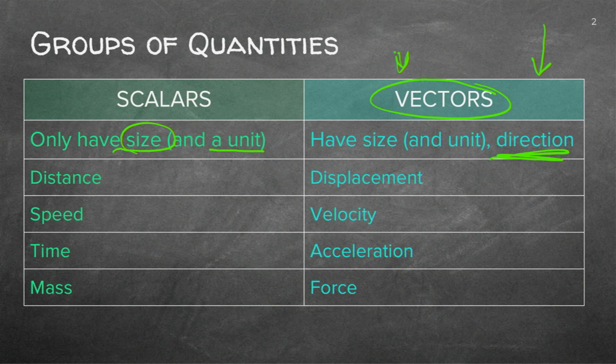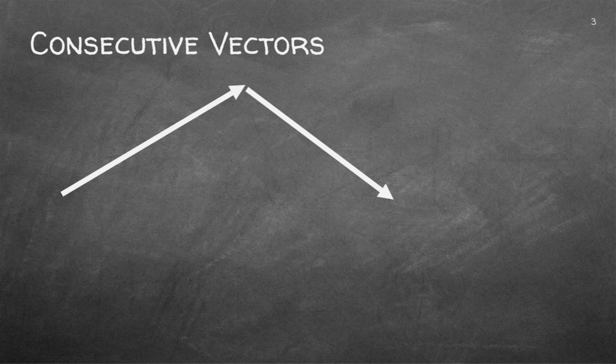So we need to know that we will be working with vectors, and when we work with vectors, there's also a direction that we need to comply with. Okay, so I've got two consecutive vectors. It can either be you walking 6 steps in that direction, and I purposefully didn't put the angle in there because I know I want to discuss this with you.